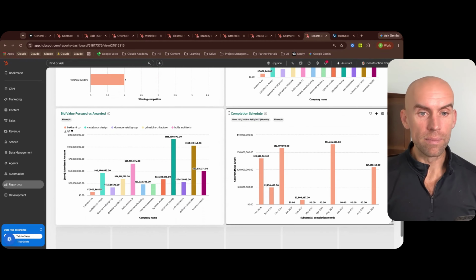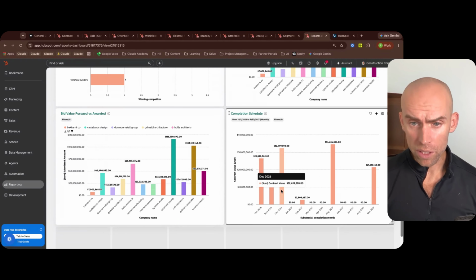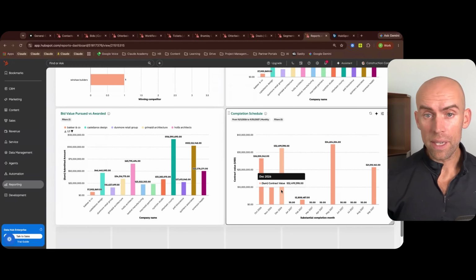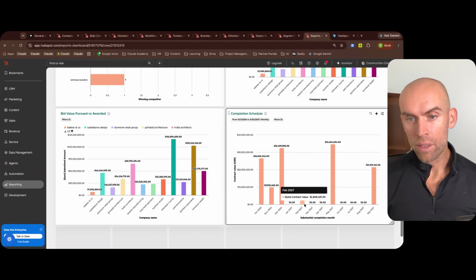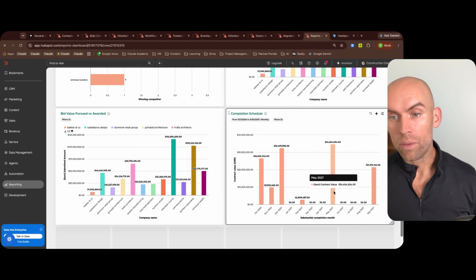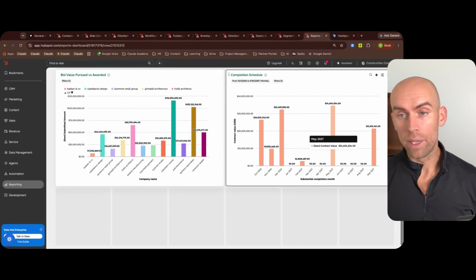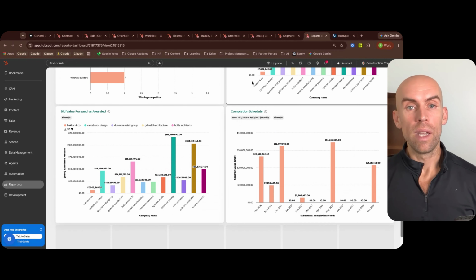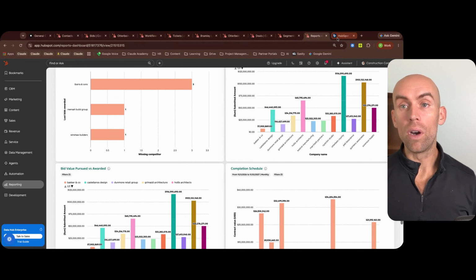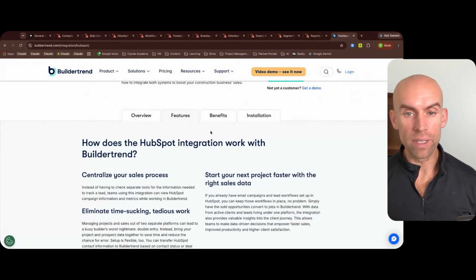And then finally, we have our completion schedule. So this is broken down by month and year, the bids that are due and the bids that have been submitted. And it kind of breaks it down by the bid due on. And once again, we can have all of our contacts and all of our deals or all of our jobs